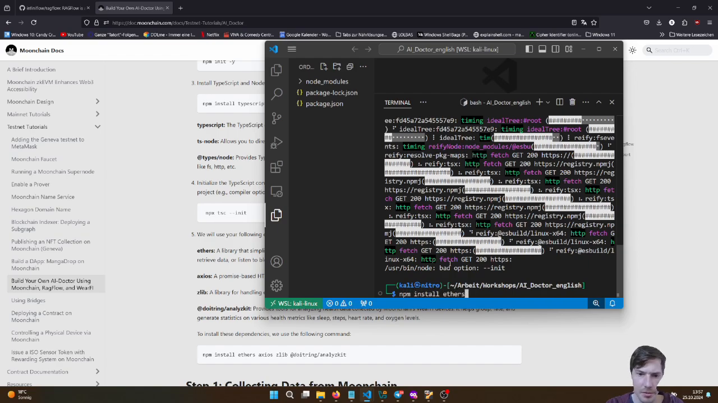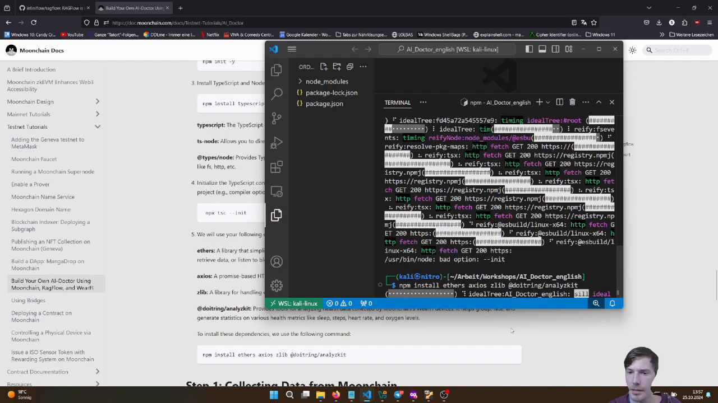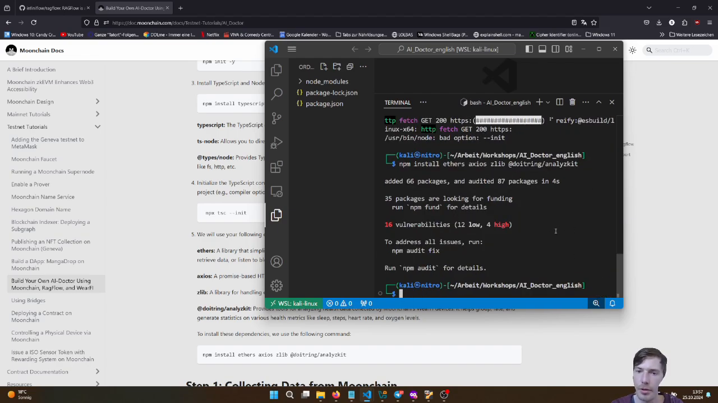We will use ethers, sure, because we want to interact with EVM-based smart contracts. We also need Axios because we want to do HTTP calls. The next library will be zlib to be able to decompress our Brotli data, which is the transaction data of the health data we will use today. And the last one is a library which we can use to further